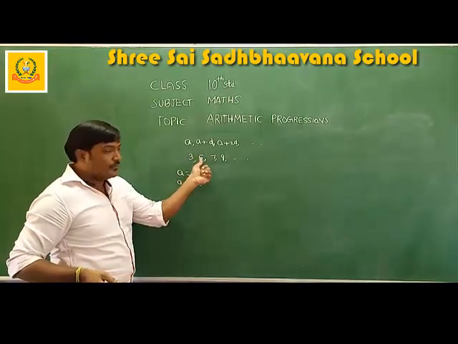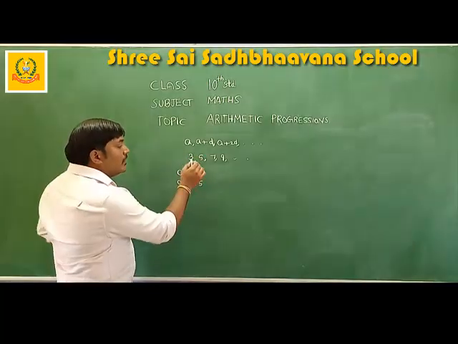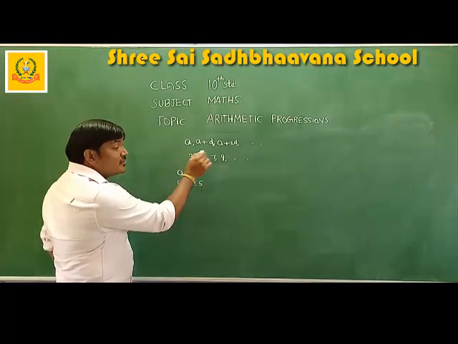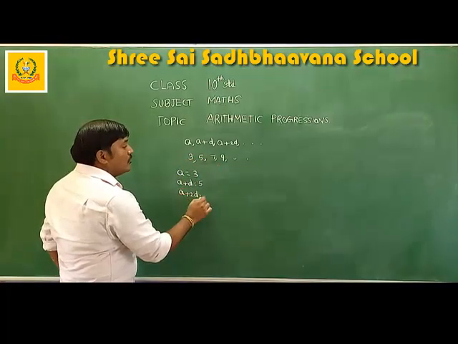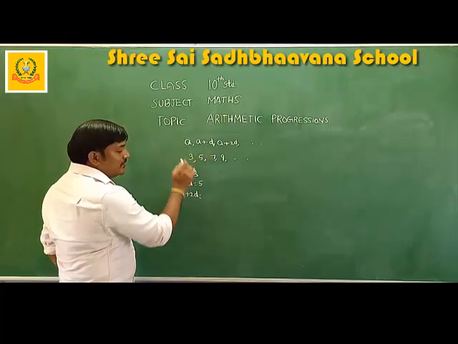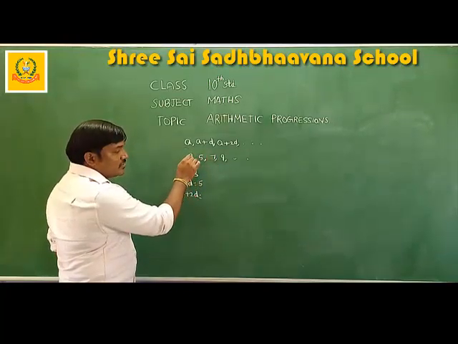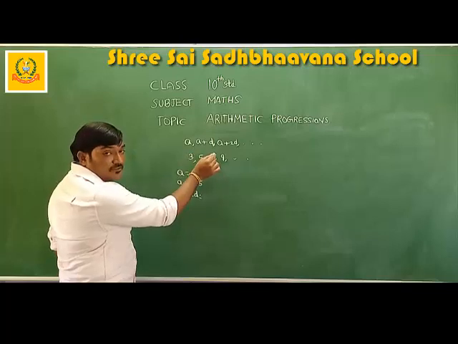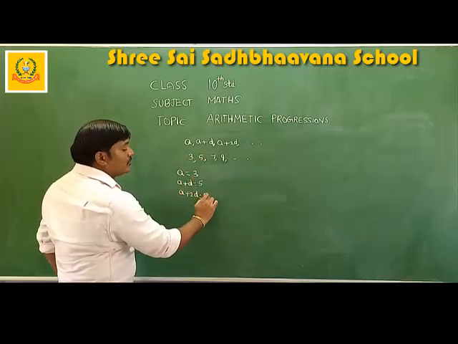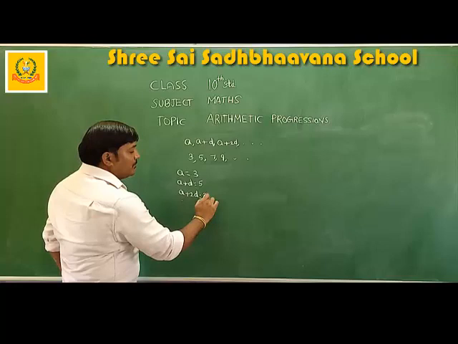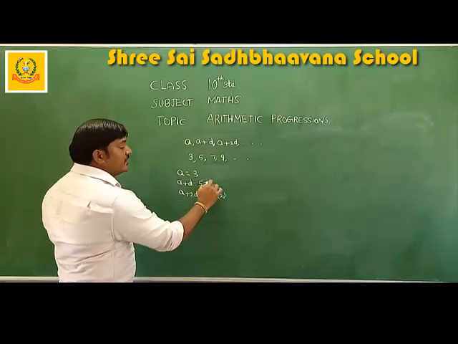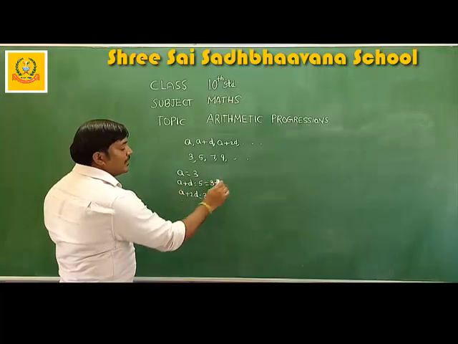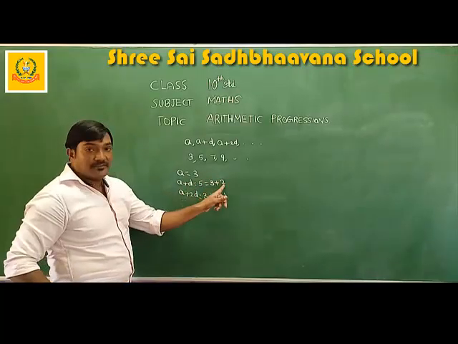So 3 plus 2 we got 5. So with respect to 3, what should be added to get 7? To get 7, it is 4. So can I write it as 3 plus 2 into 2? 4 can be written as 2 into 2, so 7 is 3 plus 2 into 2. And again, d can be written as 2.